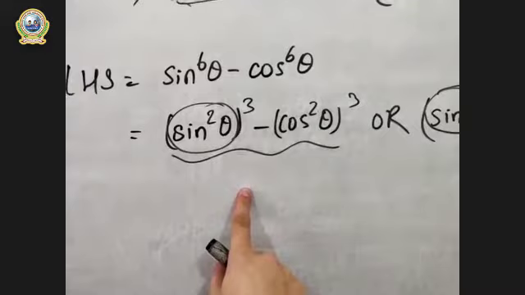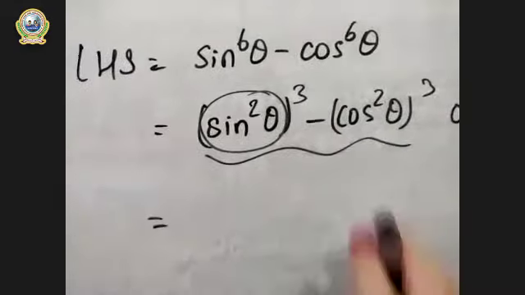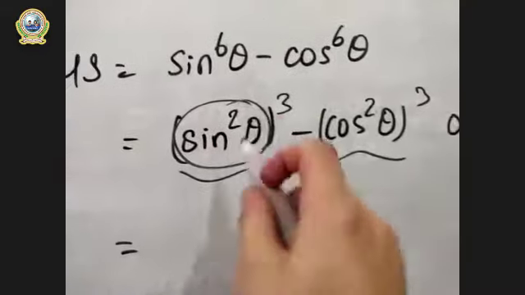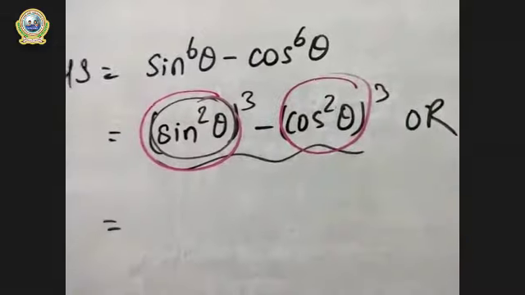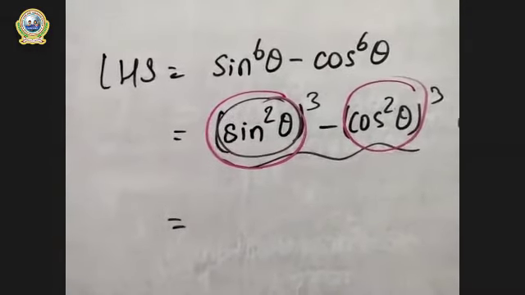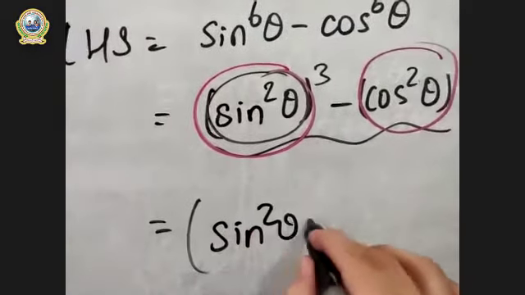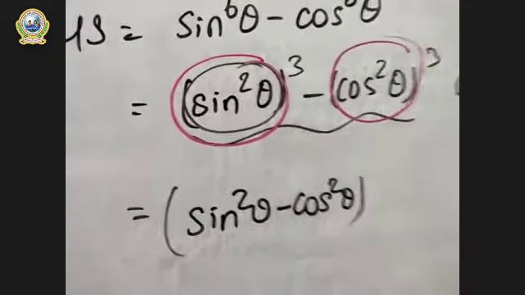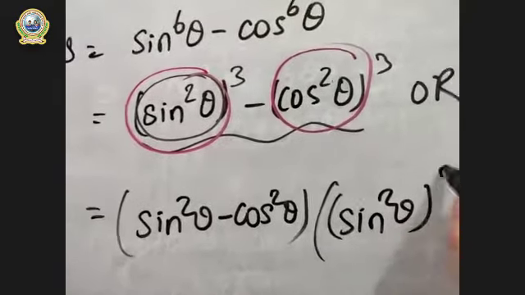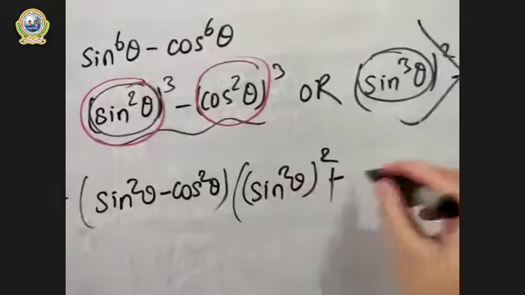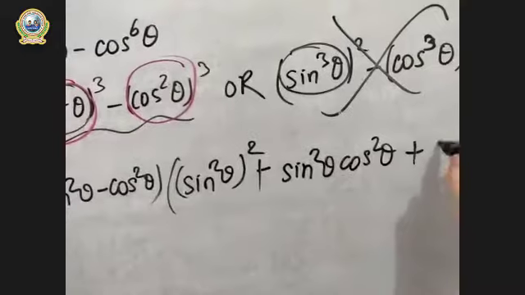You are correct. Okay? You are getting it right. So let's do this first. Now it says a cube minus b cube. Here our a is sine square theta. A cube minus b cube. Are you clear? So let us use the formula. The formula says a minus b, right? A minus b, a minus b. Now it will be a square plus ab plus b square.